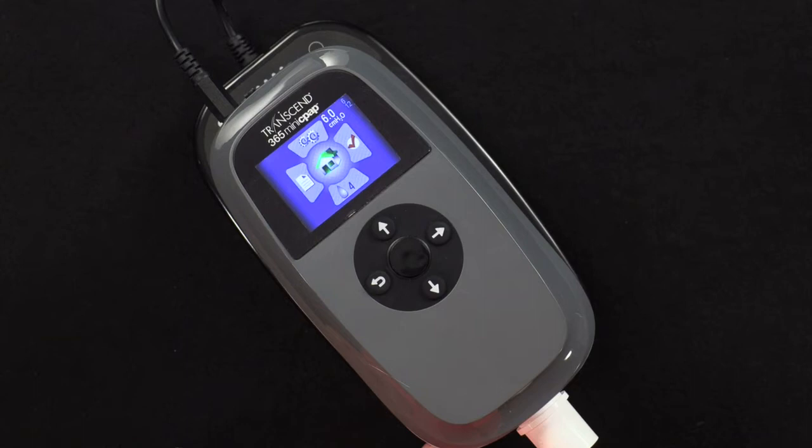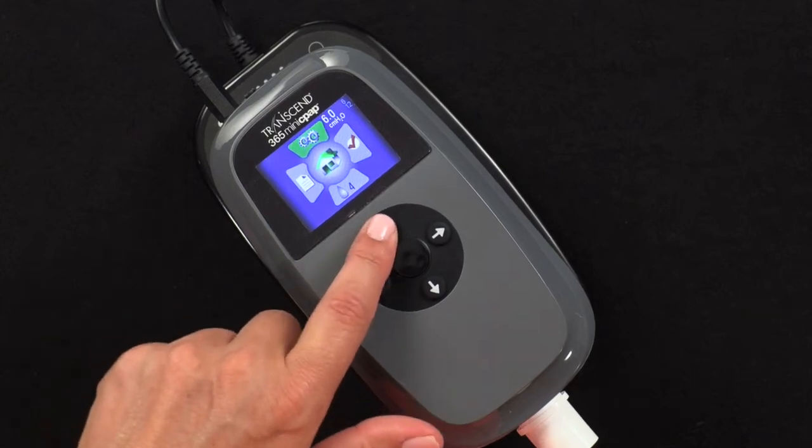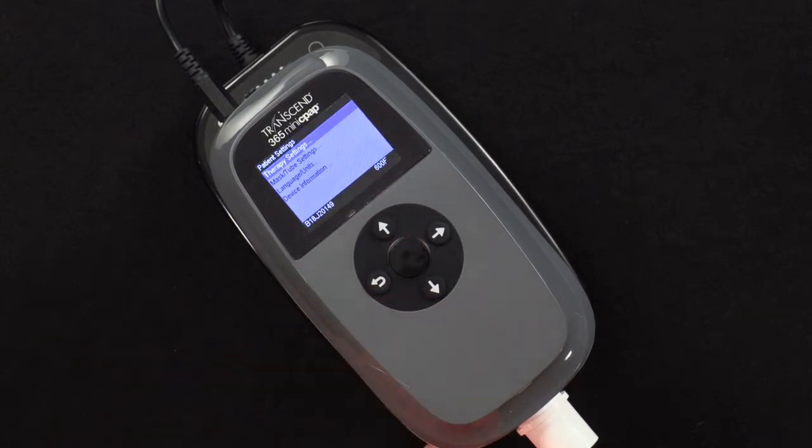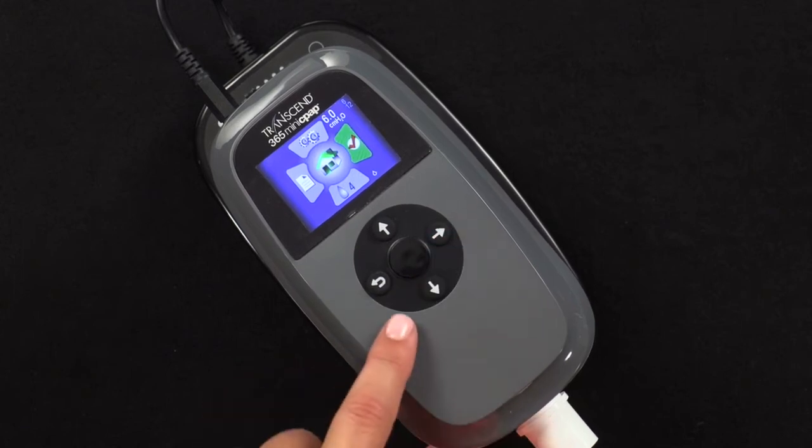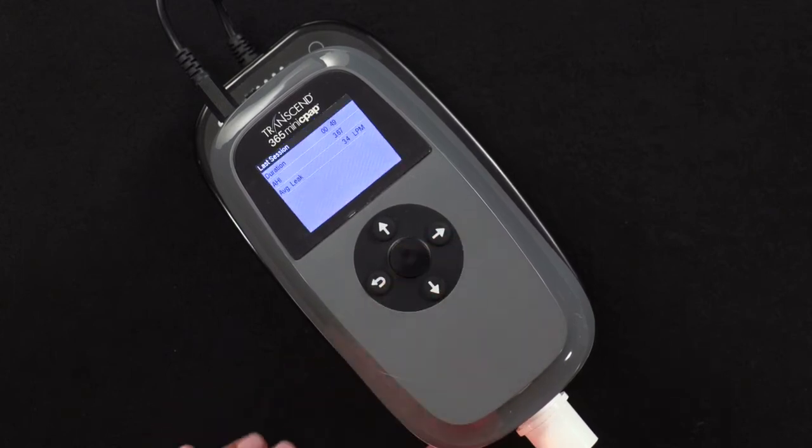Arrow up to the gears icon to view or change your settings. Once highlighted, click the center button for the therapy, mask, tube, and language settings. The left or return button brings you back to the home screen. Arrow to the checkmark on the right and press the center button to view your last session. Here, you will see the compliance data from your last night of therapy, including the duration of your session, AHI,